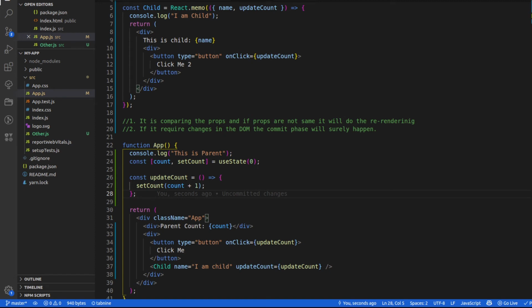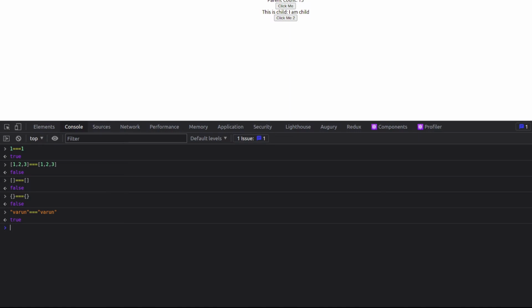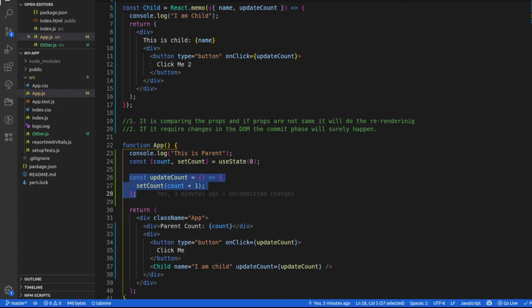So this is what is happening in the case of the update count method. You might be wondering that I have mentioned objects and arrays, so why is this update count changing in every re-render? Here again, I would recommend you understand how JavaScript objects work.